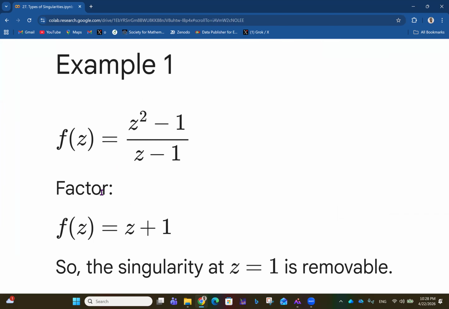So you can factor this, right? z squared minus 1 is (z minus 1)(z plus 1). So z minus 1 cancels out, and f of z can then end up being z plus 1. So the singularity at z equals 1 is